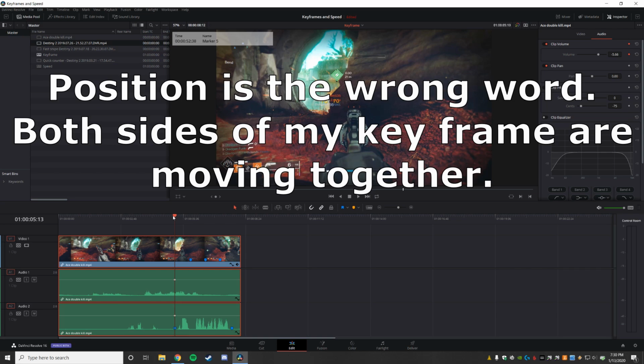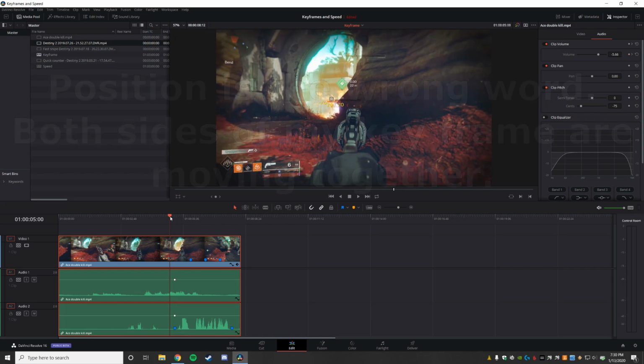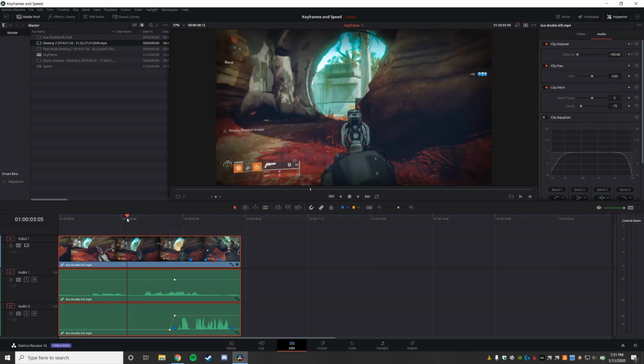But if I go just a little bit earlier, I put another keyframe in, and now I drag the volume down. Here you can see I've muted the channel, and you can see how it's automatically making it louder again, and then staying at the original. Now, when I play through this,